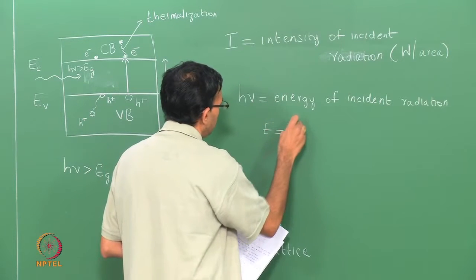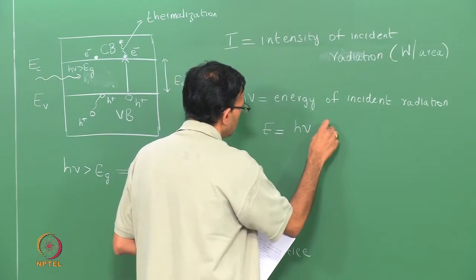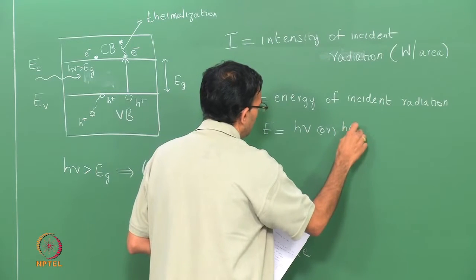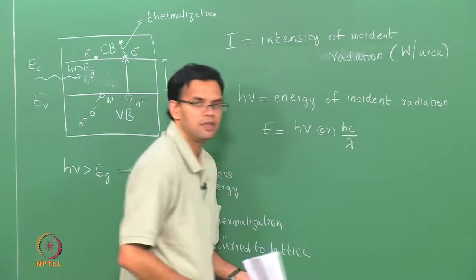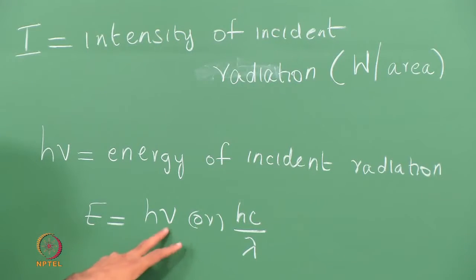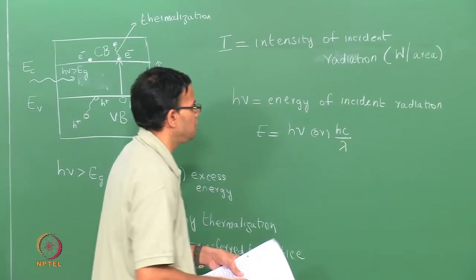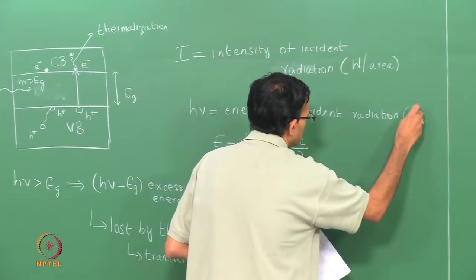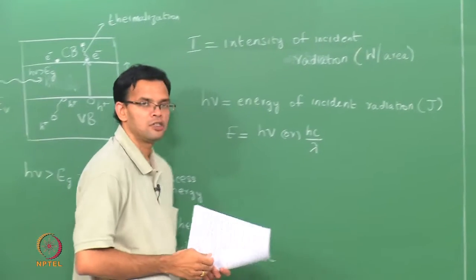You can also write energy as h mu or hc over lambda, where lambda is the wavelength. So, whether you know the frequency or the wavelength, you can find the energy. So, if h mu is the energy of the incident radiation, this is usually in joules or electron volts, then